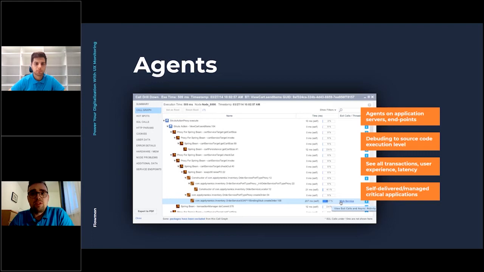But if you would like to catch each transaction, you have to deploy these agents on the overall environments, and I would say for some use cases it could be just overkill to deploy, maintain, and